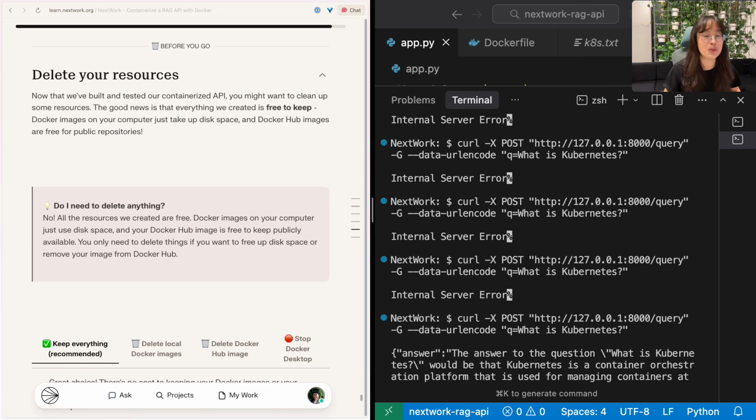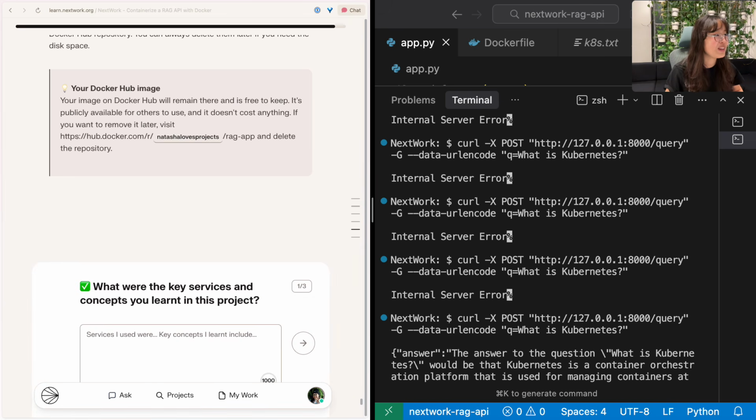Now, this project is project 2 of a 5-part series where there are going to be more projects that build right on top of what we just did. So, highly recommend that you keep your resources. They're all free to keep, but if you're not planning on doing the next project on Kubernetes, you are totally safe to just delete the resources. And even if you do delete the resources and change your mind, we can always show you how to set up your project from scratch again. Okay, so let's go ahead and